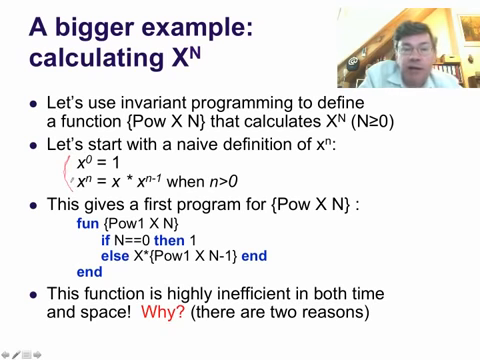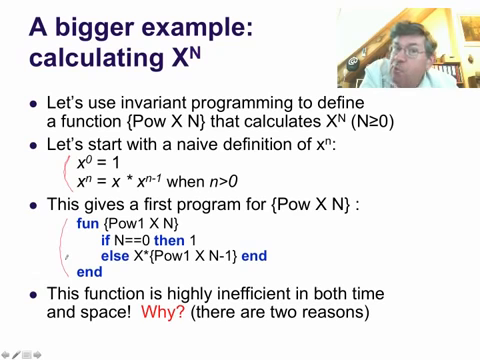X to the 0 is 1. X to the n is x times x to the n minus 1, where n is greater than 0. This gives a first program, pow1, which is incredibly inefficient, both in time and space. In fact, there are two reasons. One reason is that this function is not tail recursive. There is, in fact, another reason, if you have an idea how to calculate powers, is that it does way